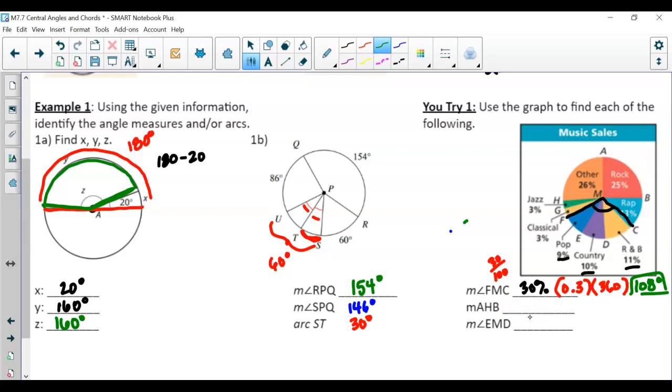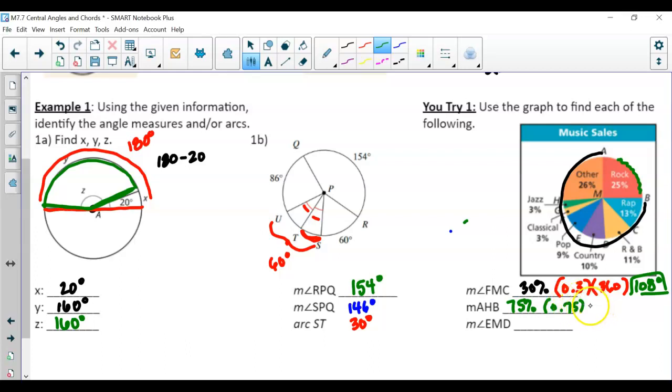And here we go. So here with arc AHB. Now option 1, you could add all of these up, or I notice if this is supposed to add up to 100%, right? Well, what's not included? This 25% section here. So that means adding all these up, or just subtract 25 from 100, we're at 75% of the circle. So that means I need 75% of the circle, sorry,